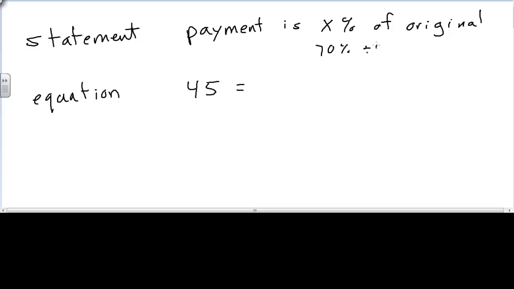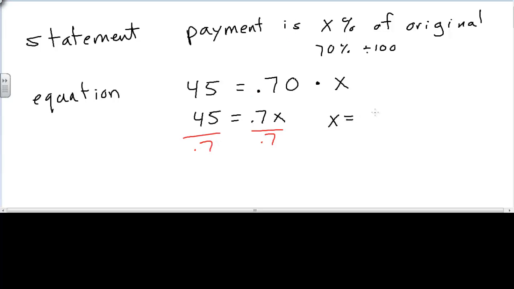So I change it to a decimal by dividing by 100. The effect is it moves the decimal point 2 spaces to the left, which gives me 0.7 or 0.70. Is interpreted as multiplication. The original is what we are trying to find out, what the sweatshirt was originally worth. So to get that, I'm solving the equation 45 equals 0.7x. So to solve for x, I'll divide each side by 0.7 to isolate my variable. And when I divide 45 by 0.7, I'll get